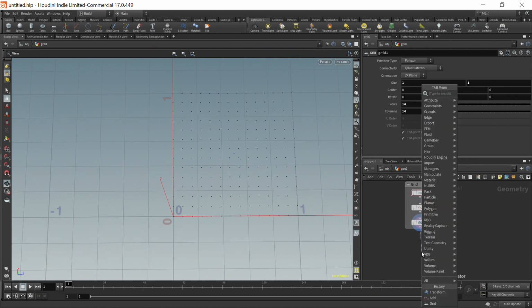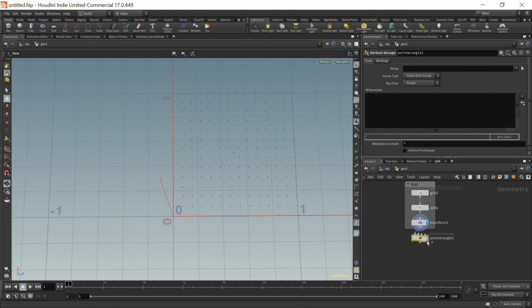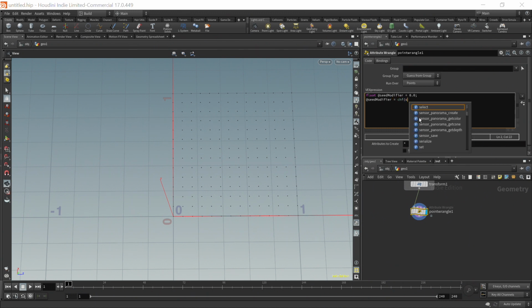So first of all, I'm going to add a point wrangle. I'd like to say this is going to be the only point wrangle, but you will soon find out that this is going to be one of very many. Because right here we're just going to initialize our first variable, and this is going to be for the random seed. So we're going to type here float @seed_modifier = 0.0; and then we're going to say @seed_modifier = chf("seed_modifier");